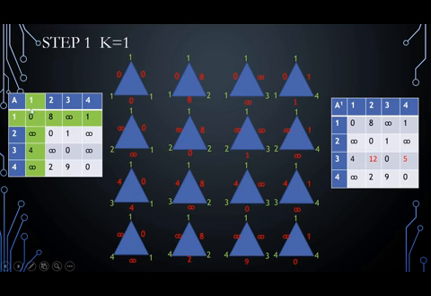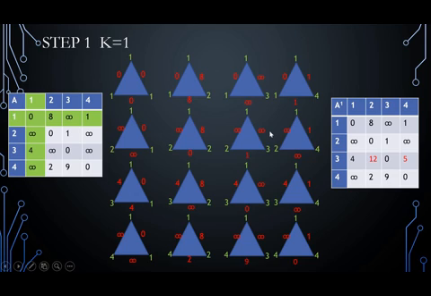Now base will be the input matrix: 0, 8, infinity, 1, infinity, 0, 1, infinity, 4, infinity, 0, infinity, infinity, 2, 9, 0. Now perform the computation. 0 plus 0 compared with 0 is 0, 0 plus 8 compared with 8 is 8, 0 plus infinity compared with infinity is infinity, 0 plus 1 compared with 1 remains 1, infinity plus 0 compared with infinity remains infinity, infinity plus 8 compared with 0